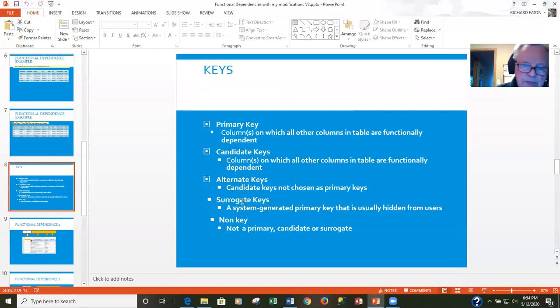Surrogate keys are keys that are actually generated by the relational database management system. Surrogate keys will automatically generate unique values for you, and they're immensely useful in creating primary keys. We'll talk more in the next few weeks about surrogate keys. But if it's not a primary key, candidate key, alternate key, or a surrogate key, then it's considered